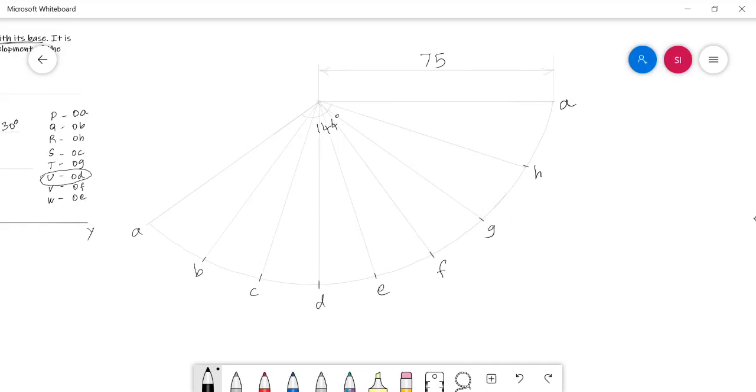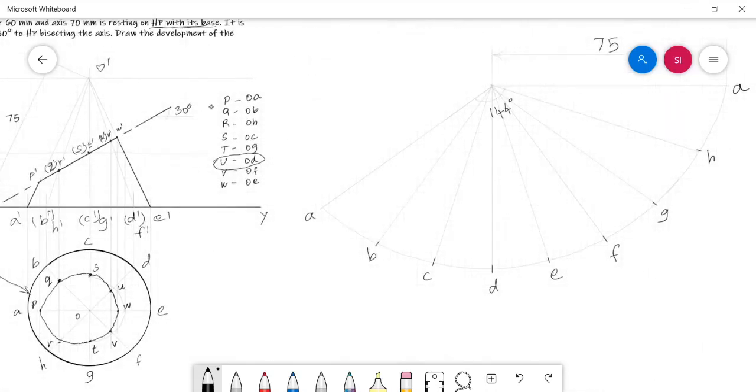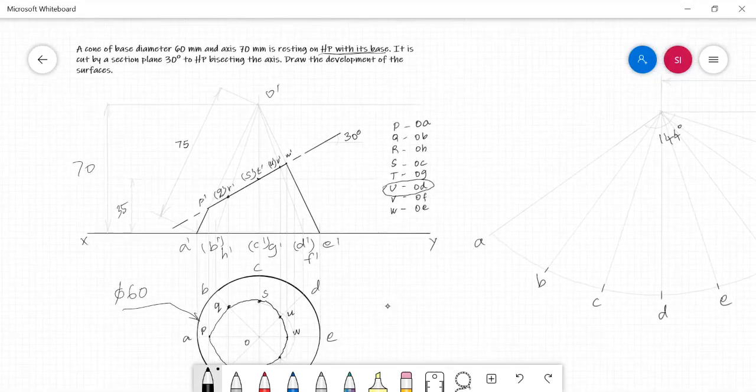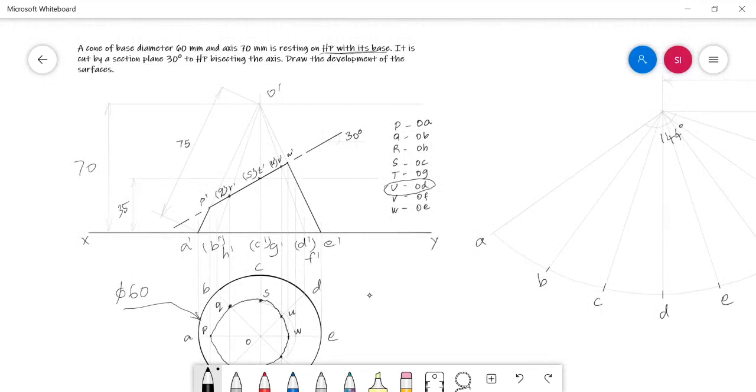Yes, I split the entire 144 degree area into 8 equal parts and marked the base generator points. Now I need to mark each and every cut point in their respective generator. Before that, like in the previous problem, the development of the cut pyramid, here also I need to move all the cut points towards the true slant generator line. Only then can I measure the original location of each and every cut point in their respective generator.